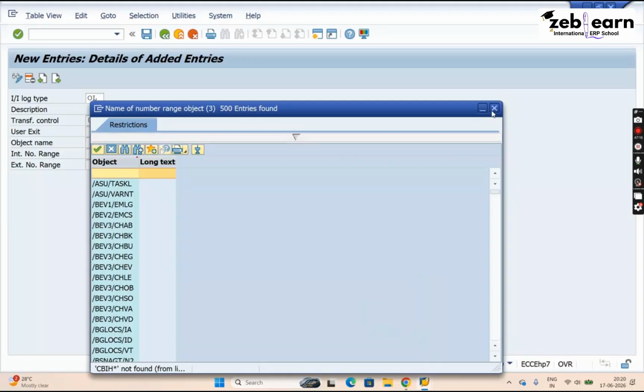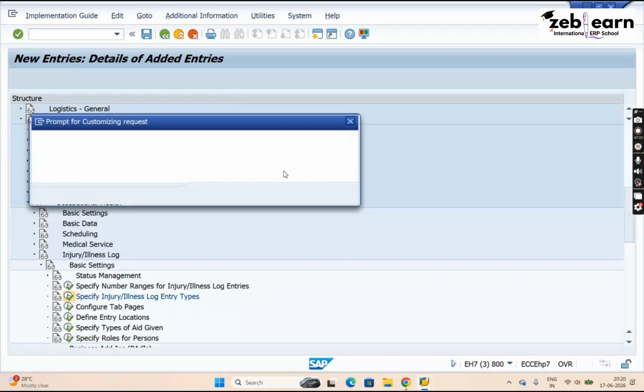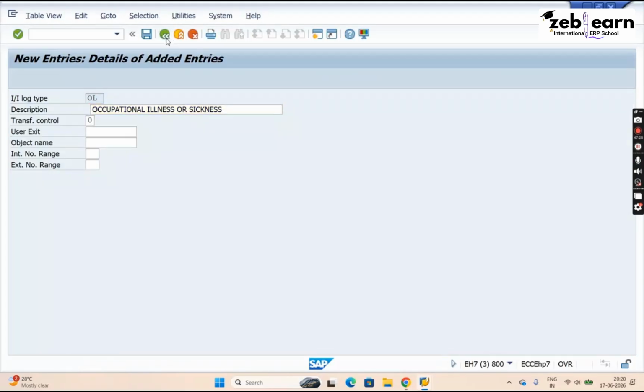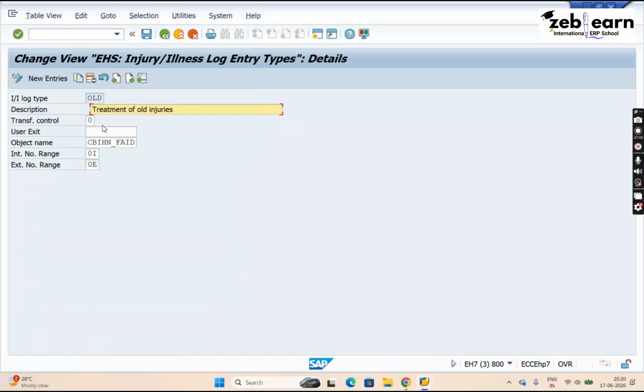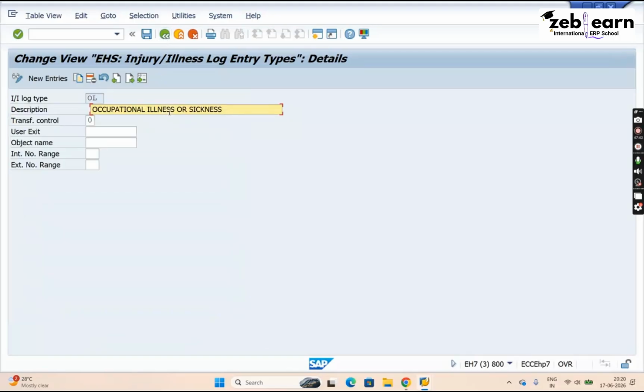Hmm. One minute, guys. Just give me one second. Okay, it is CBIHN_FAID. Let me open that injury illness log entry type which I created and add the object name CBIHN_FAID,